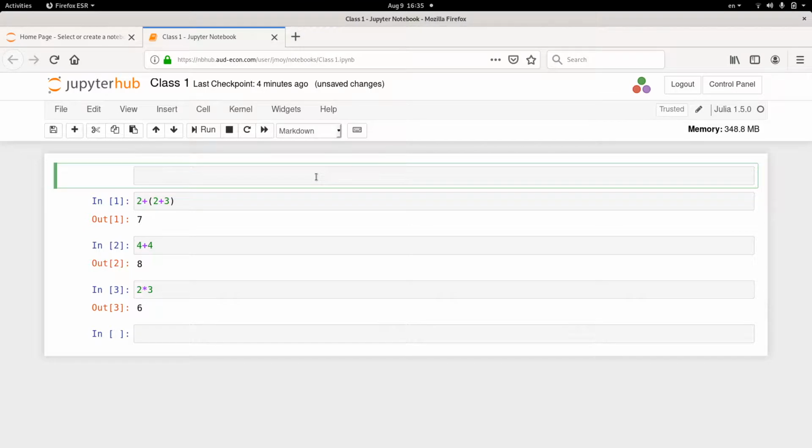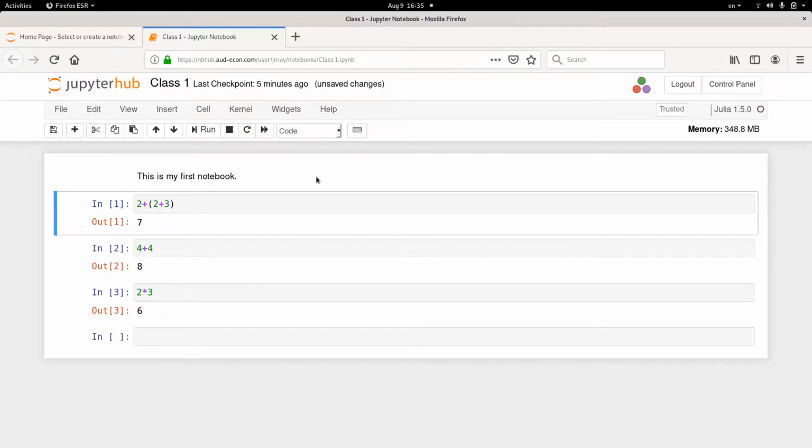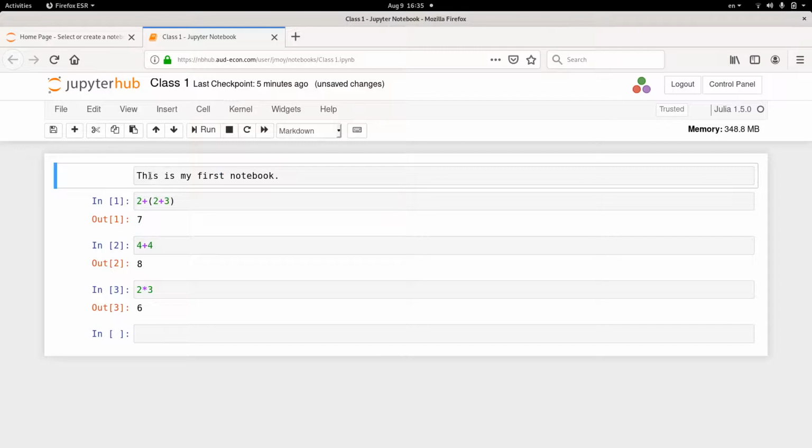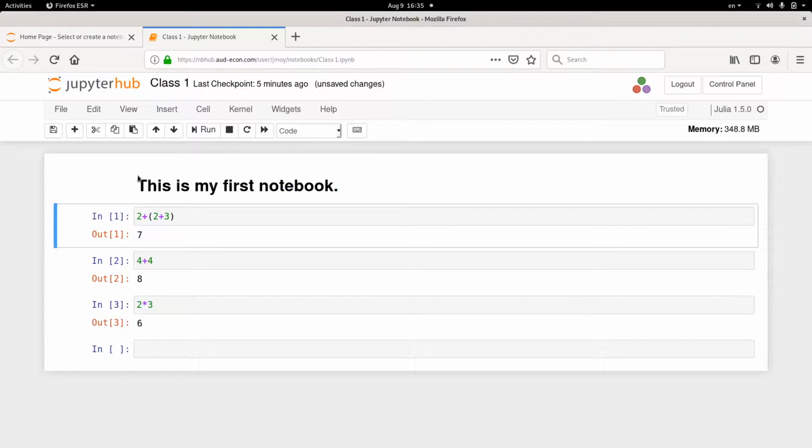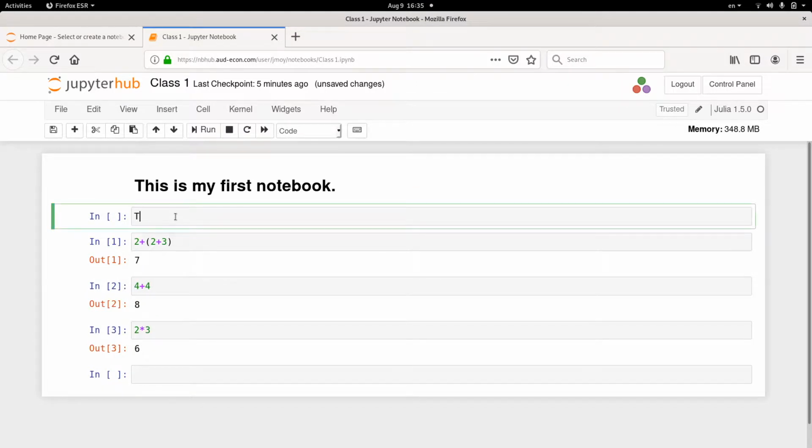So you can write plain ordinary text. So you can say this is my first notebook, and you say shift enter, then that just becomes plain text. This is my first notebook. But markdown has specific codes which you can give to format things in a certain way. For example, if you want a heading, so I double click this to make this editable again. So I double click the cell and I insert a single hash. Then this will be formatted as a heading. So you say shift enter. So this will be like a heading. Below this I can have one more markdown cell in which I write simple text. Okay. So this notebook is just to start.